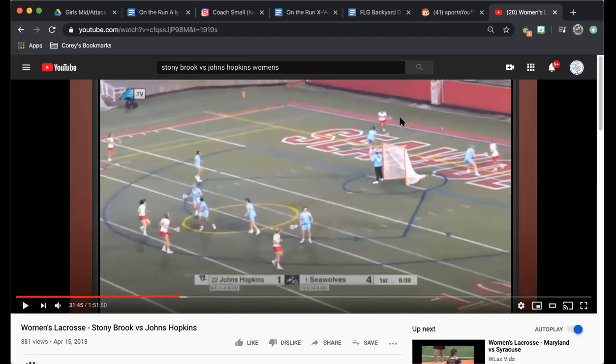In this situation, Kylie has the ball behind the goal with her sister, I believe, on the left side. Notice the spacing of the players up top, which gives these two players behind an opportunity to play with all this space. Let me just highlight my mouse so you can see it a little better. Even if they come above goal line extended, which is this blue line that runs right along the goalie's heels, they're going to have tons of space. Now, as I click play here,